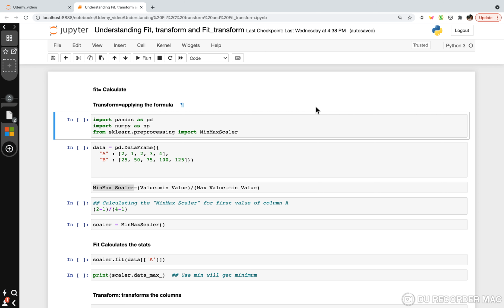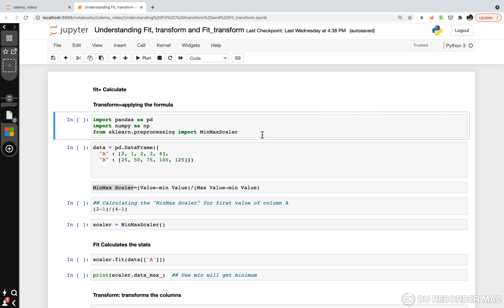When you are transforming variables, you will use these functions regularly, for example in missing value imputation, target encoding, categorical encoding, and also transforming variables, maybe scaling variables, etc. So it's very important to understand what fit, transform, and fit_transform are, what they do, and how they can be useful.